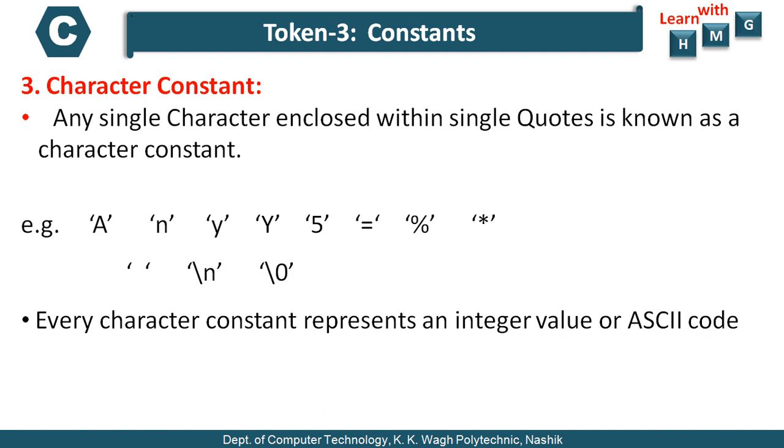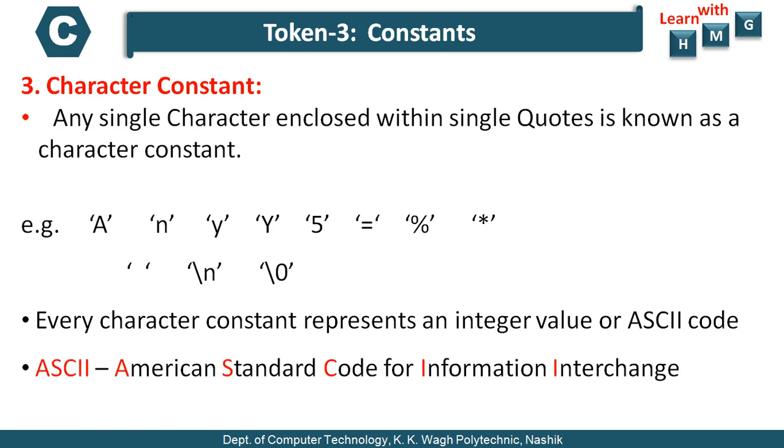The ASCII code is the integer value defined for every character, and ASCII stands for American Standard Code for Information Interchange. At the worldwide standard level, every character has one standard code called the ASCII code, and it is always a decimal integer value. Whenever you enter any character through your keyboard, its ASCII code, that is its integer value, gets stored into the memory, and only that is processed.